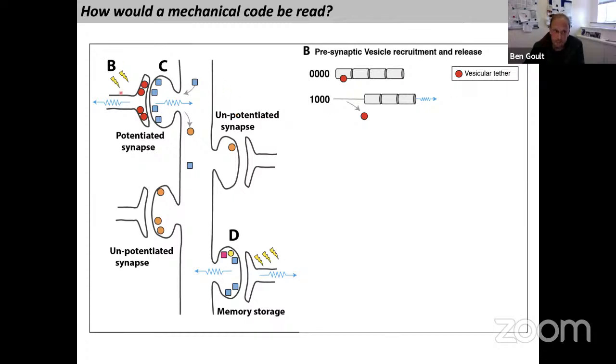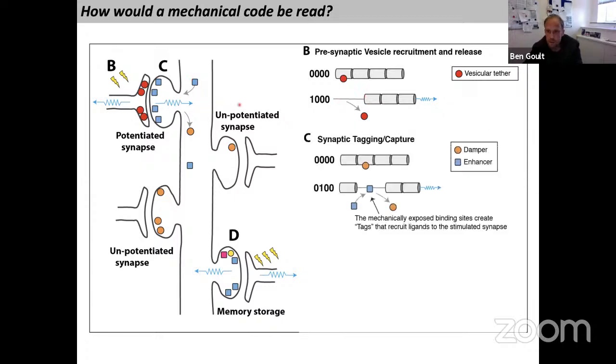And potentially on the presynaptic side, you might even trigger alterations that help change the probability of the release of the vesicles. In the context of a mesh code framework, that might be dead easy. If there's a tether which is bound to one of these switches, you unfold the switch and release it. That's something we're actively working on at the minute.